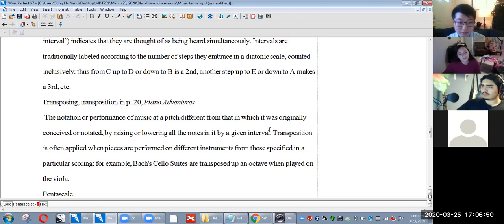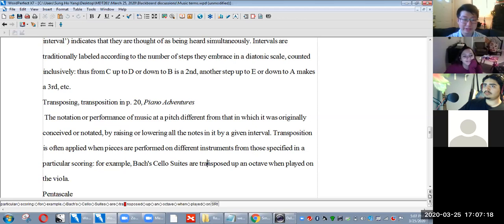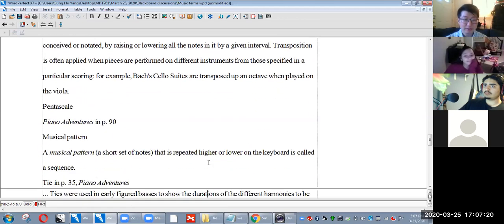Transposition is often applied when pieces are performed on different instruments from those specified in a particular scoring. For example, Bach cello suites are transposed up an octave. Octave is the eighth note, so C to C, higher notes. So Bach suites are transposed up an octave when played on the viola. Viola is a smaller string instrument. Okay, so